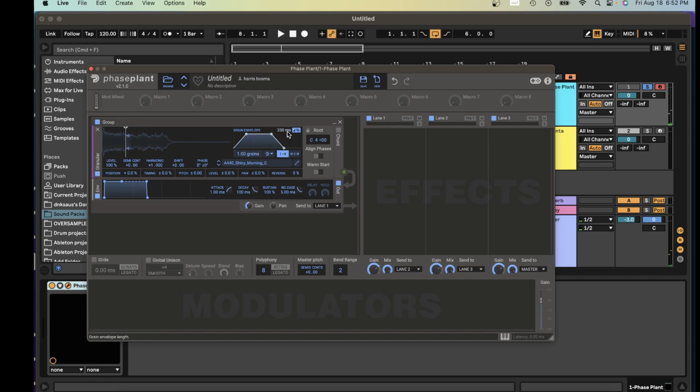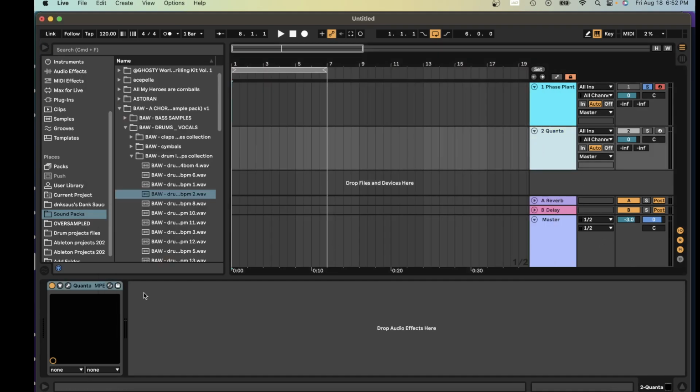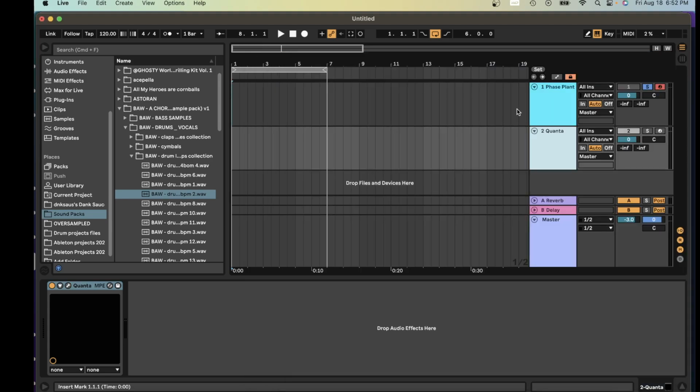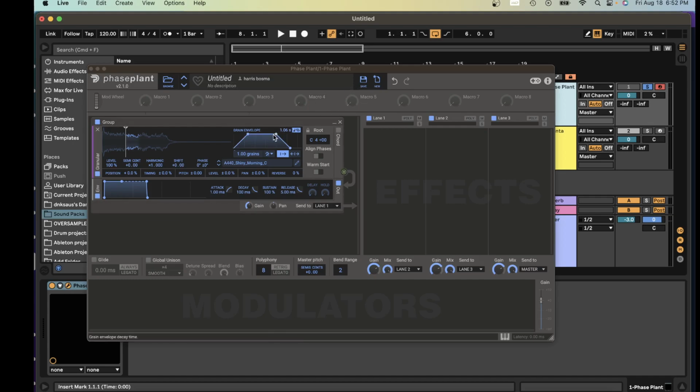So let's just go down the line here. So this is going to be your grain envelope. In Quanta, it acts like the grain shape. It also acts as the length, because you can see the highlighted part of the sample is what it's able to play. So if I increase it, I just have one grain here. If I decrease it,